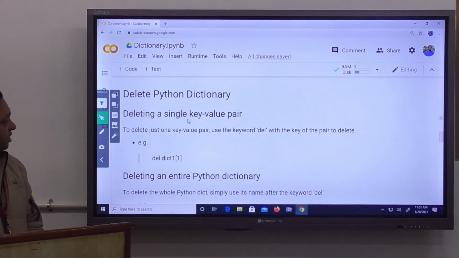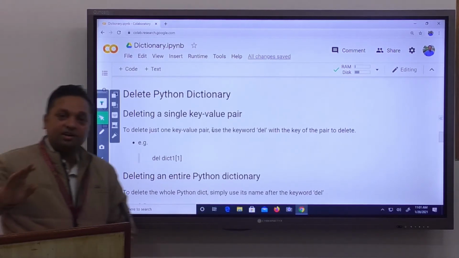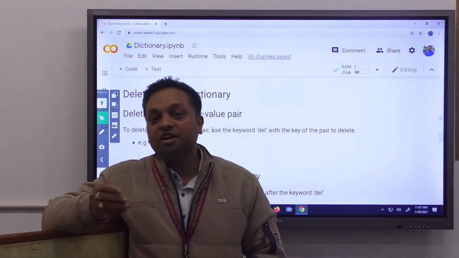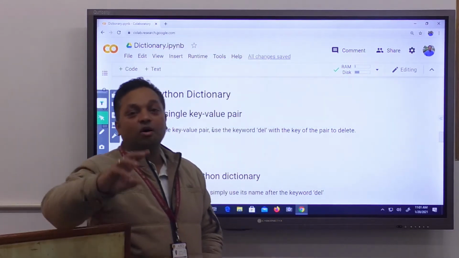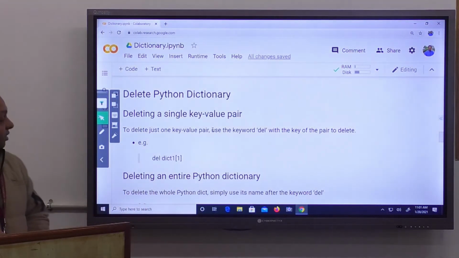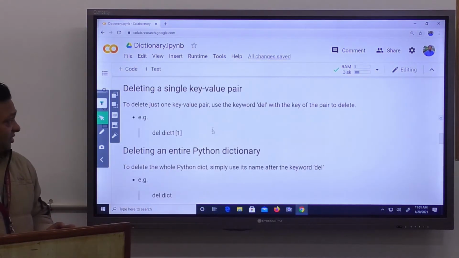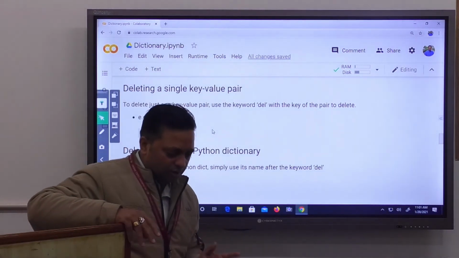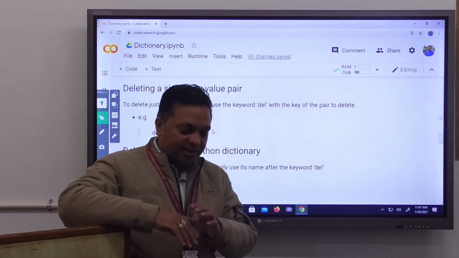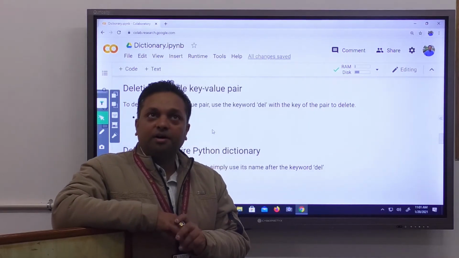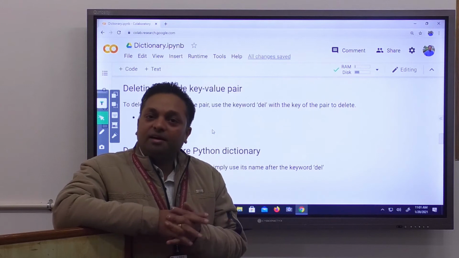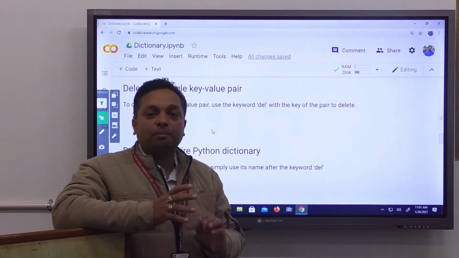The next concept is how we can delete from our dictionary. If you learn how we can create a list, how we can add, how we can update, you should also know how we delete or how we can free our memory. To delete from a Python dictionary, we can do this via two methods. Either we have a task to delete the whole dictionary, or we have a task to delete some element from a dictionary.